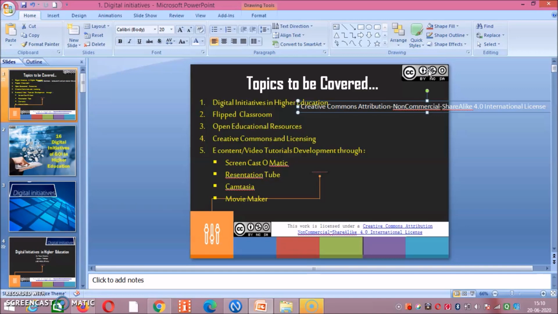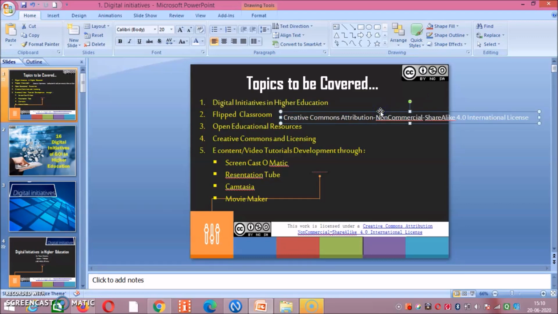That means if your work is available on OER Commons, then anyone can use it. They can make their copies or they can share it depending upon which type of license you have provided to your document. So these are the very simple steps by which you can get a CC license for your own work.